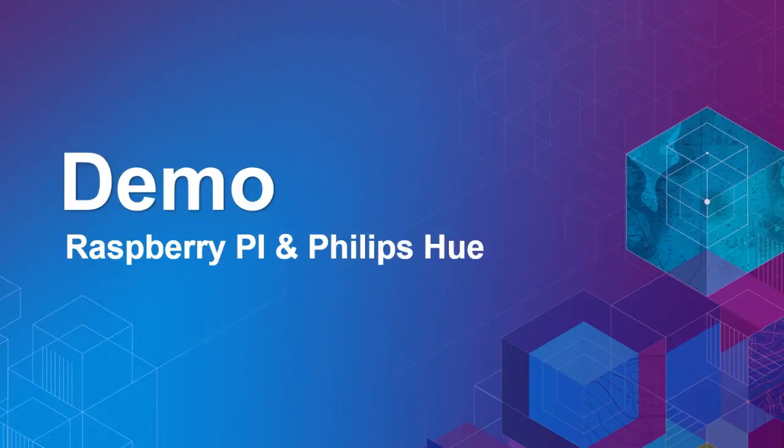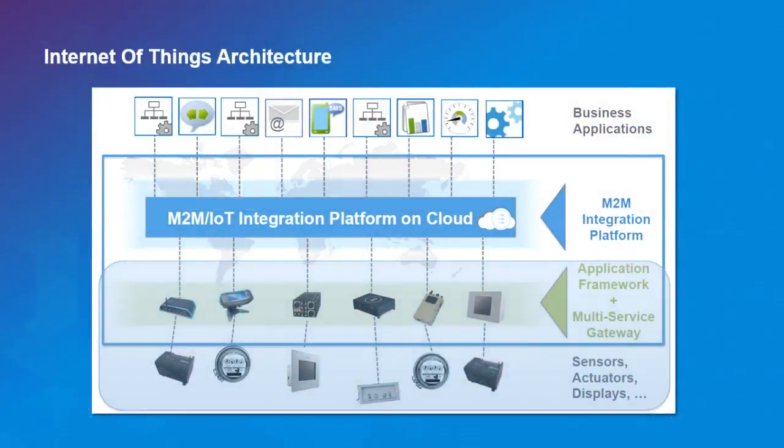So before I get into the demo, I'm going to show you this diagram of an IoT architecture. There are many different shapes and forms of IoT solutions, and the architectures may be different. But this diagram shows the basic elements that are involved in most IoT solutions. It also matches the demo that we're going to show. So at the very bottom, we have sensors, actuators, and displays. They are the edge devices, and they're responsible for communicating with the outside world.